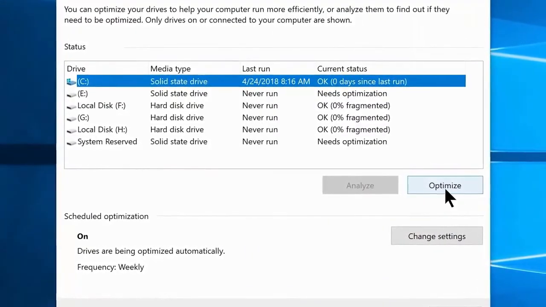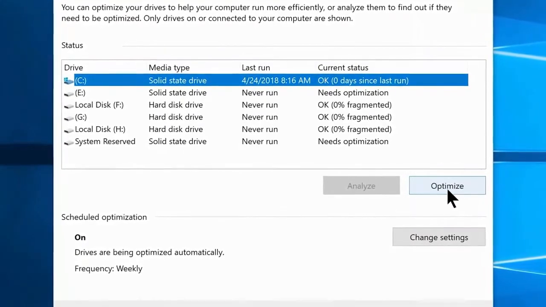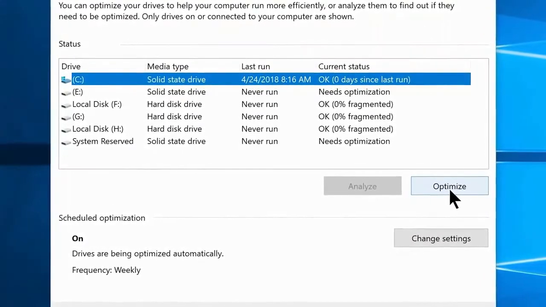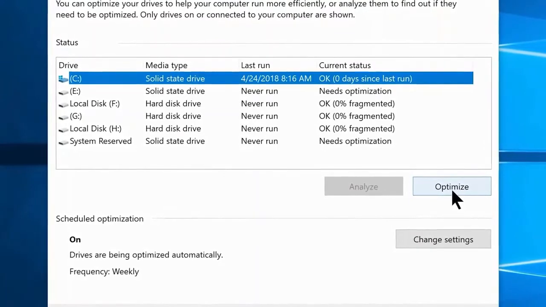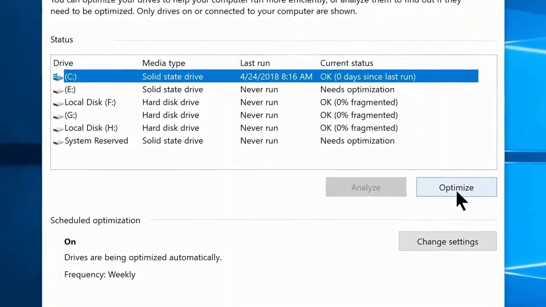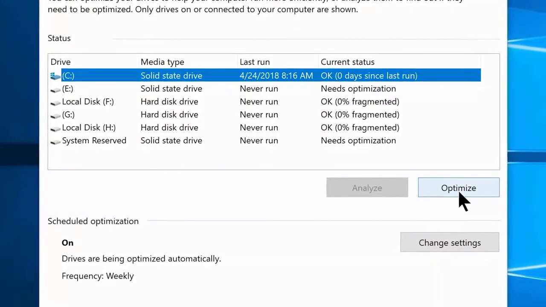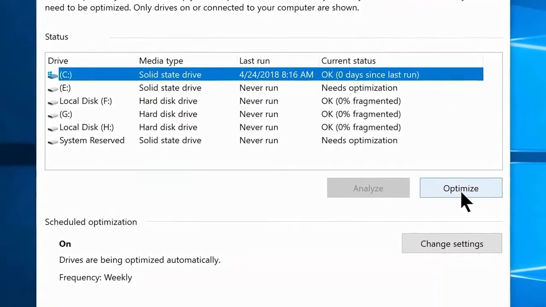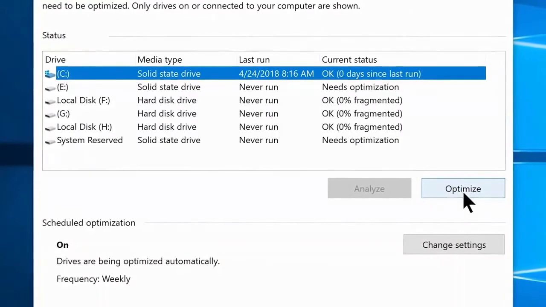But on the other hand, a solid state drive doesn't read or write files in a similar manner because it doesn't have any moving parts inside. We can say it's more like a memory card, so it's not necessary to defrag an SSD if you can avoid it. Also make sure you defrag all your other drives in case you have multiple partitions,